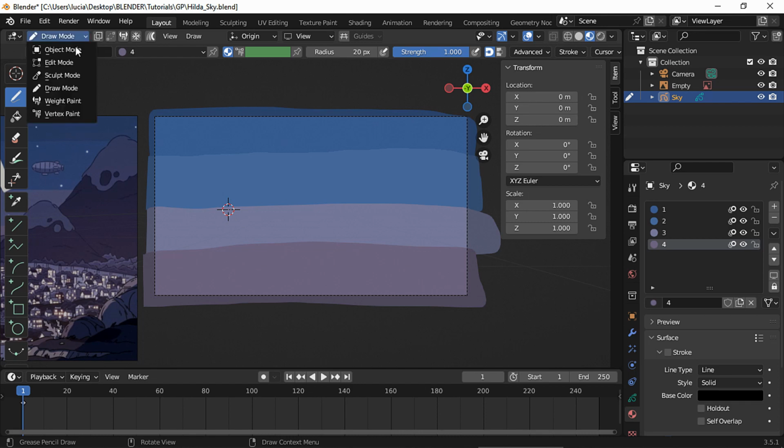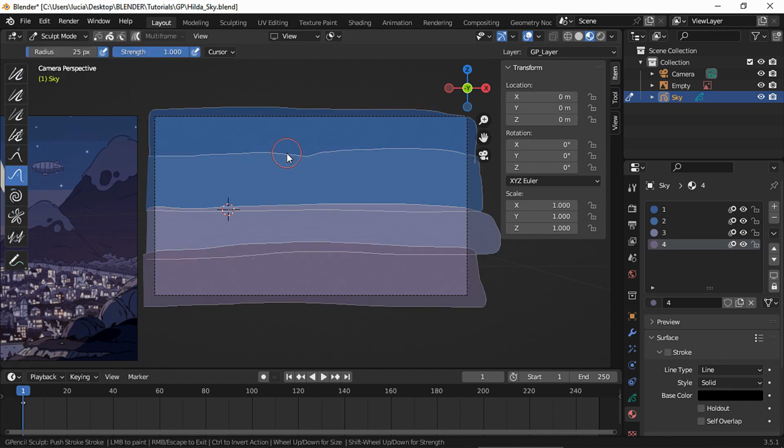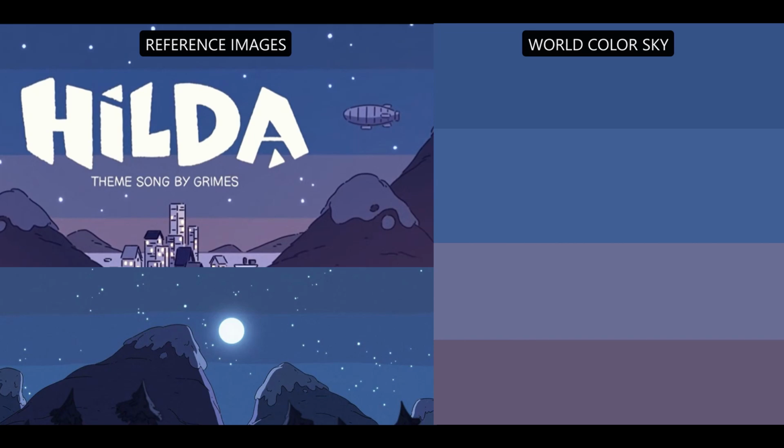I perfected the lines a bit in sculpt mode. And here we have 2 ways of making the sky.